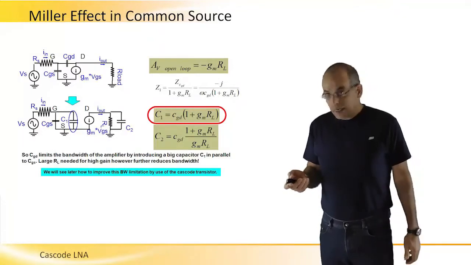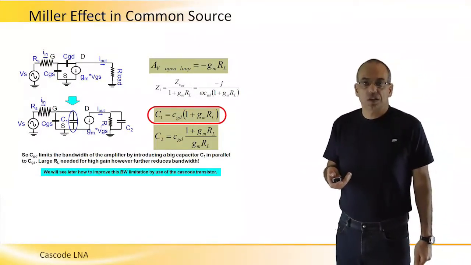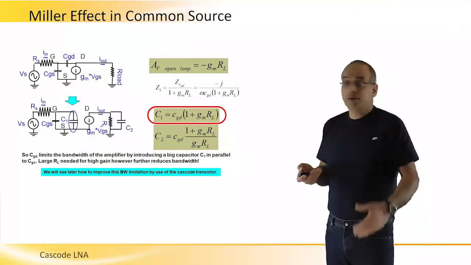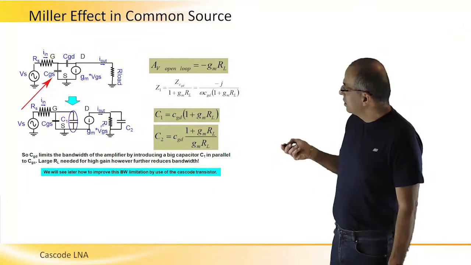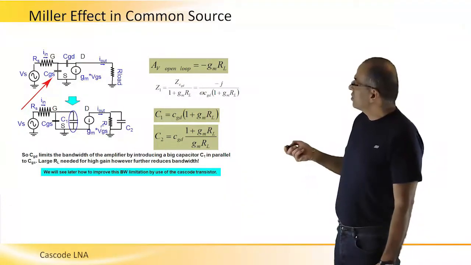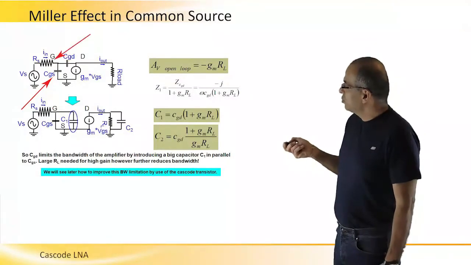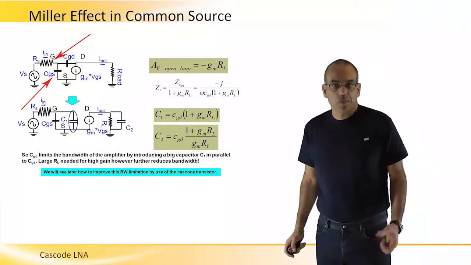This bigger capacitance, we can call it C1, appears at the input really in parallel to CGS, and basically together with the input resistance reduces the bandwidth of